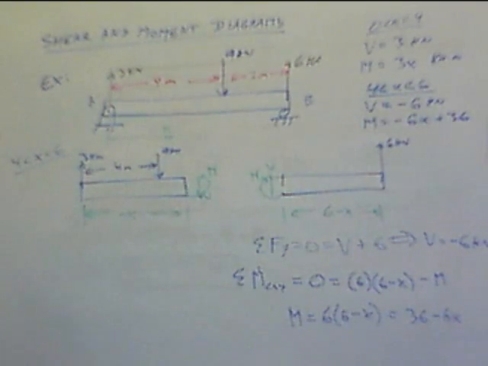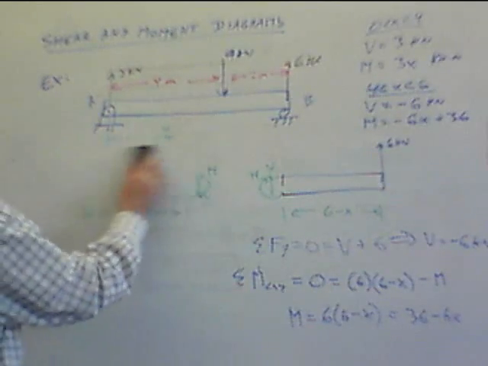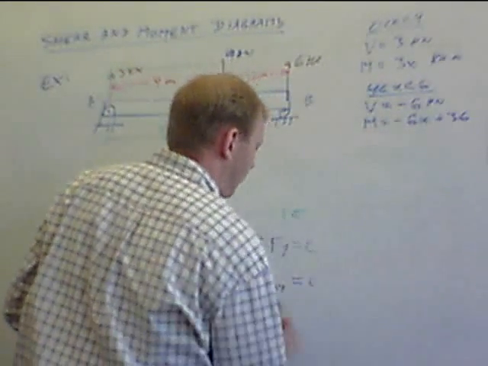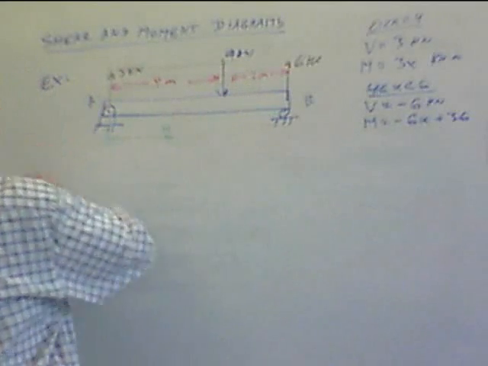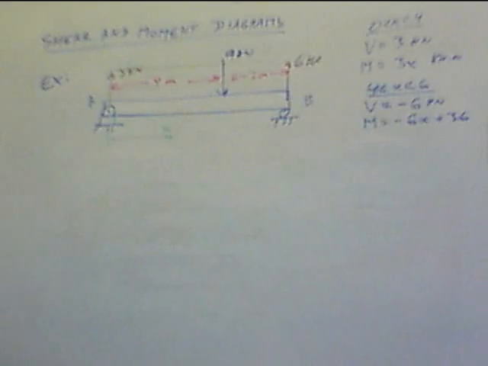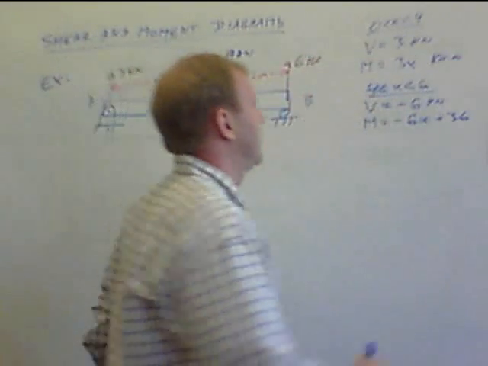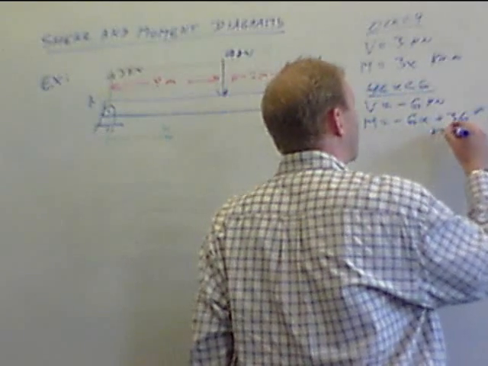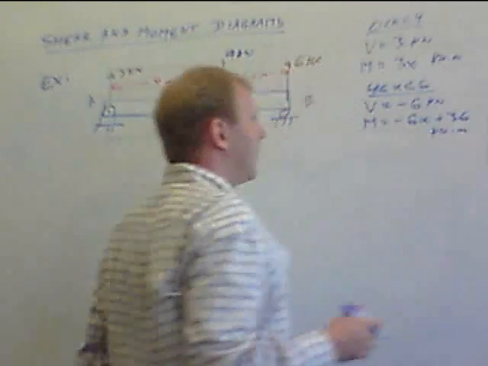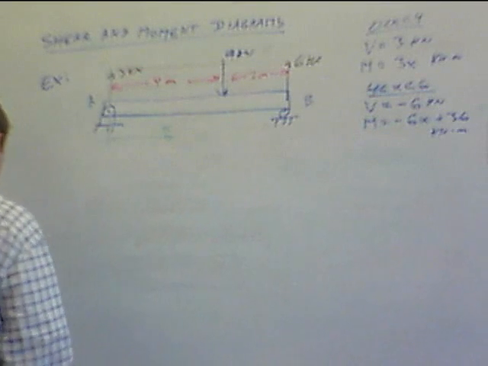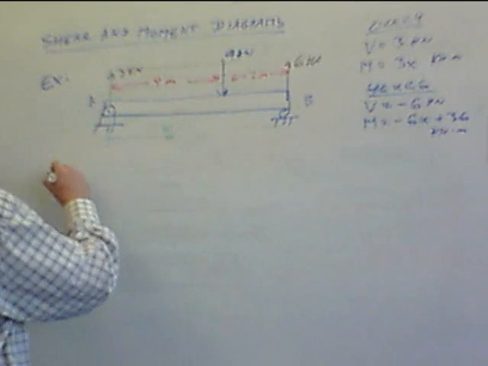Now, the reality is we haven't actually started producing a shear and moment diagram yet. What we've got here are shear and moment equations. This is a kilonewton. But the diagrams are simply just graphs. So what I can do here is graph shear